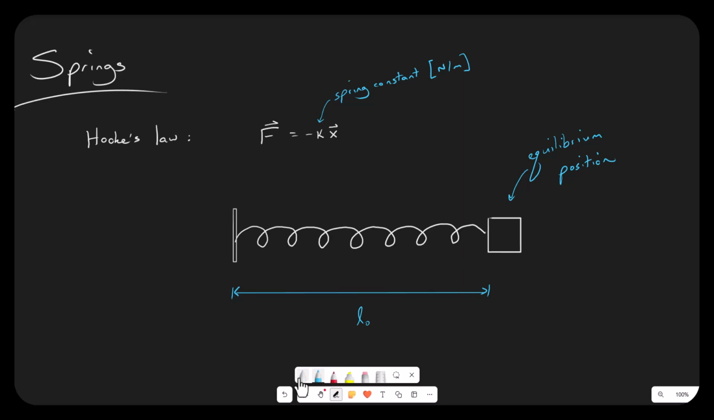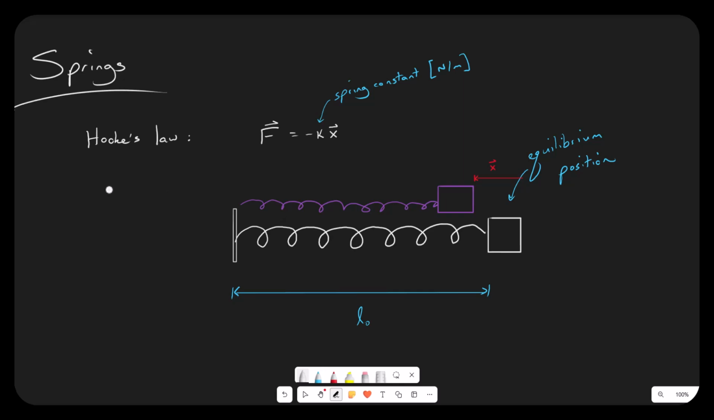So if I compress my spring to here, then I have moved it inward. That would be my X. Because X points to the left and there's a minus sign here, my force points to the right. The same thing happens in the other direction. If I stretch it out, my X points to the right, my force points to the left, and that makes